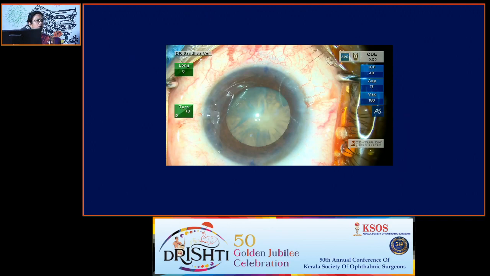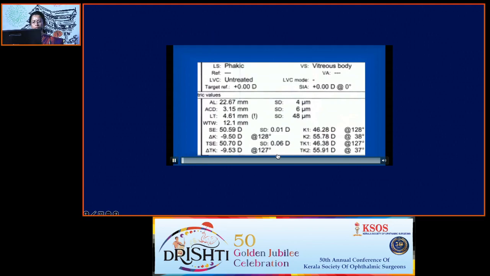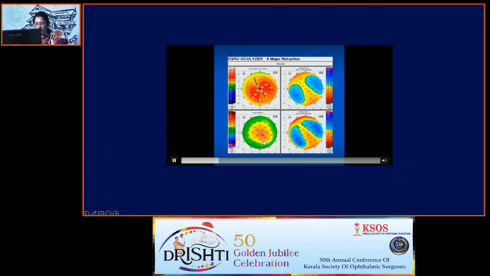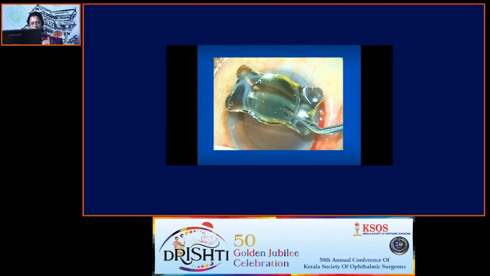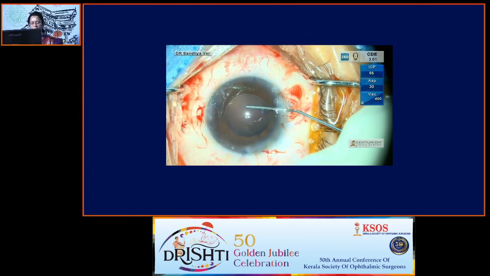And sometimes we have to customize the IOL. In this patient, the keratometry reading was 46.28 at 180 and 55.7 at 30, and the astigmatism was plus 9.5 at 38 degrees. And the topography showed features of keratoconus, but since the astigmatism was regular, we went ahead with implanting a toric IOL. This was a custom-made plate haptic lens